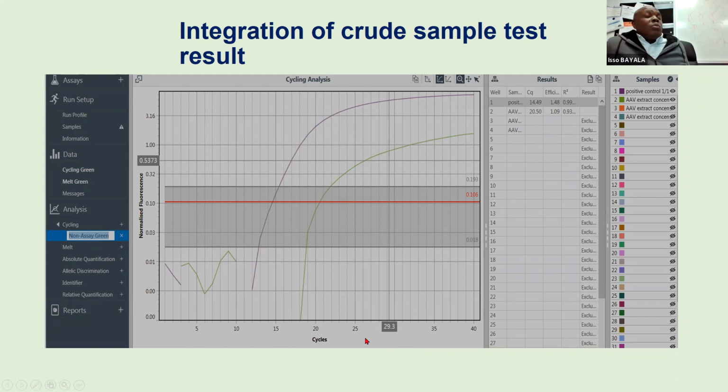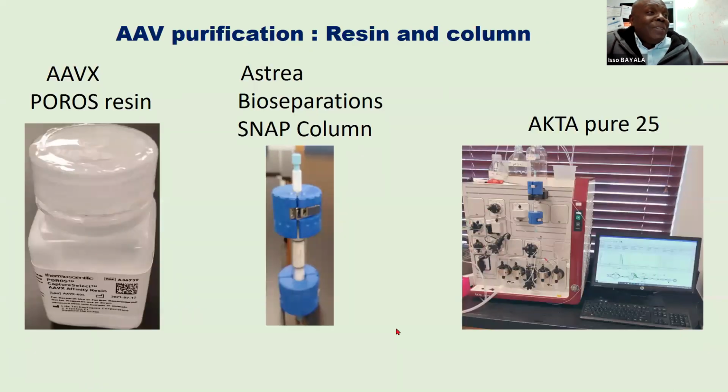So what we did next, we tried to purify the sample using AKTA Pure. That will be on the next slide, please. So we use the resin specific to AAV2, that's affinity resin, with a packed column. And we use AKTA Pure to purify the supernatant. And we got